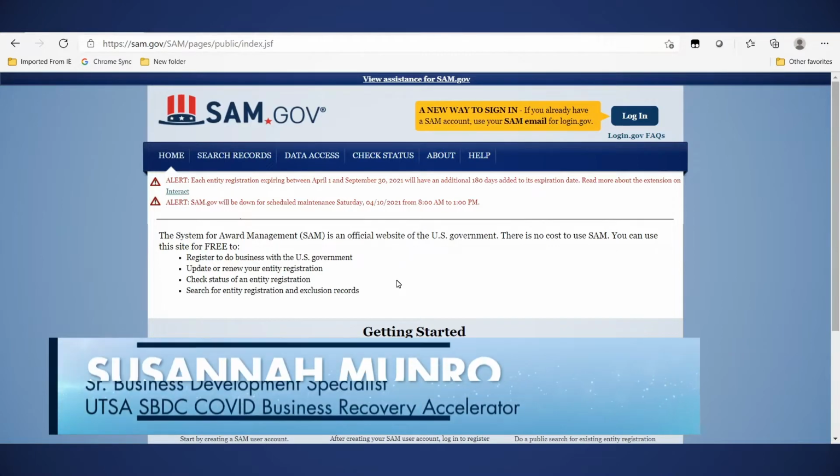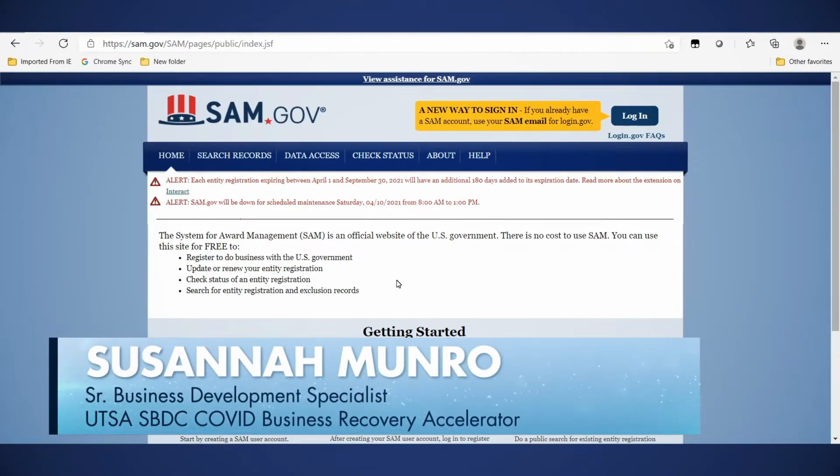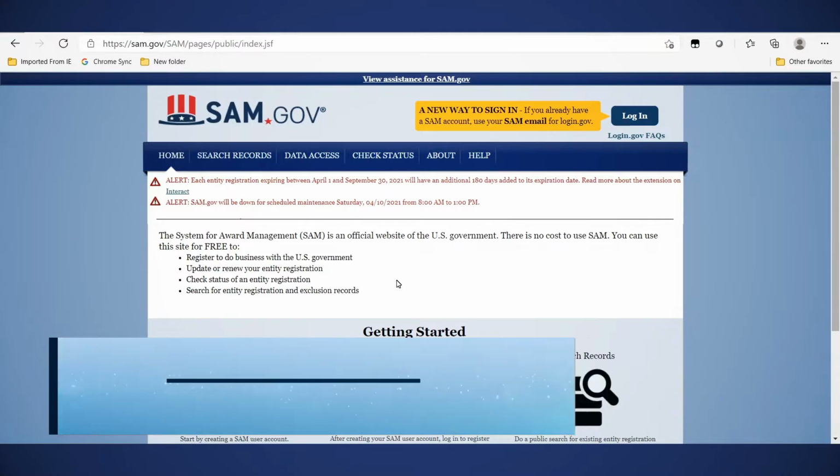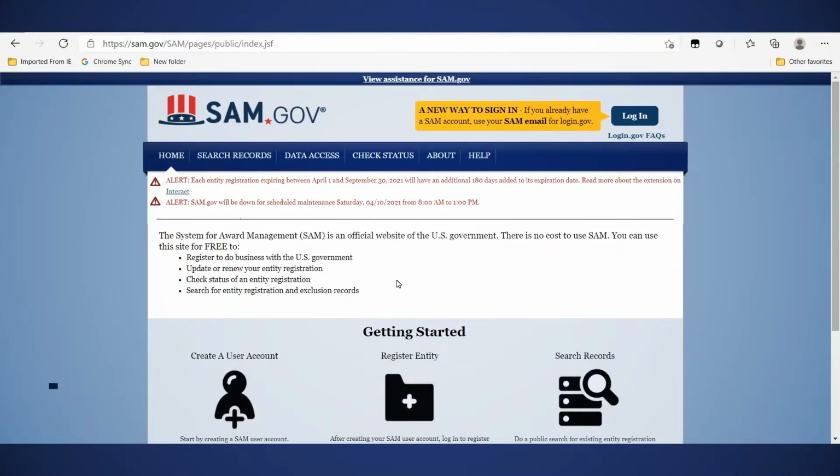Everyone, my name is Susanna Monroe, and I'm a Senior Business Development Specialist with the UTSA Small Business Development Center COVID Business Recovery Accelerator. Today, I'm going to review how to register in SAM.gov for the upcoming Shuttered Venue Operators